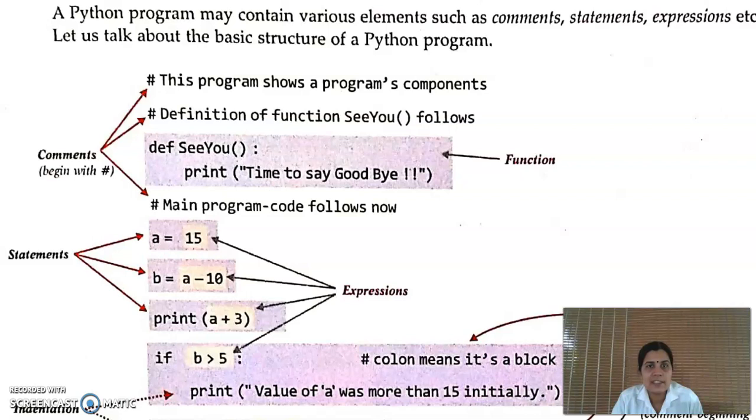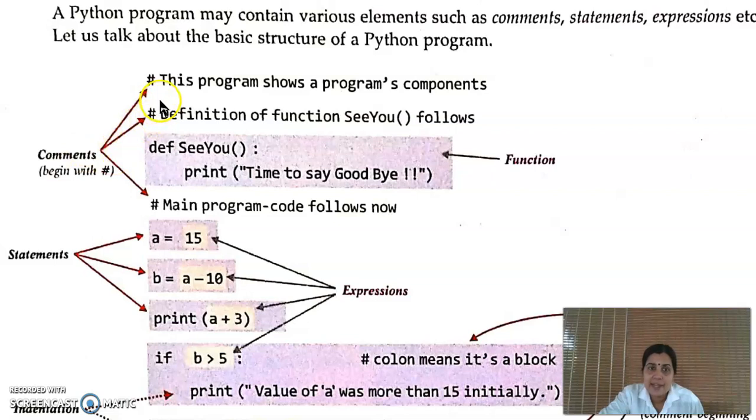We already completed the first chapter. Today, let's discuss some examples in your textbook. First, we are going to discuss the bare bones of a Python program. In this, there are some parts which are defined in your textbook.